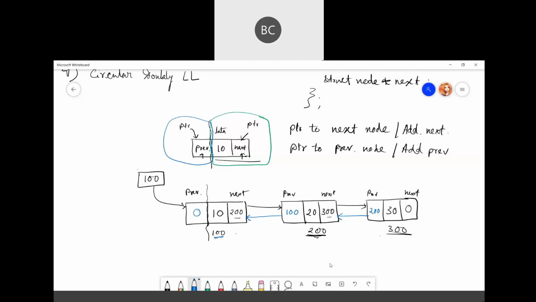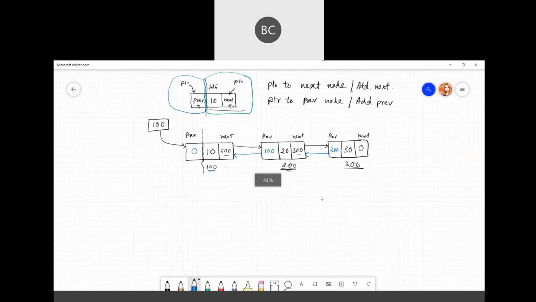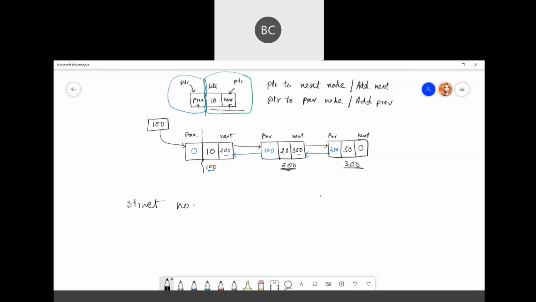If you implement it using a structure, how will you do it? Structure node, same. Everything is the same, just that there will be an extra pointer for the previous node. So int data remains the same.